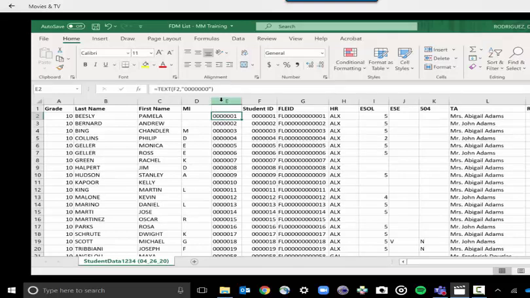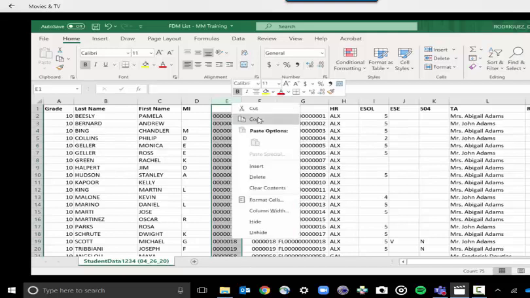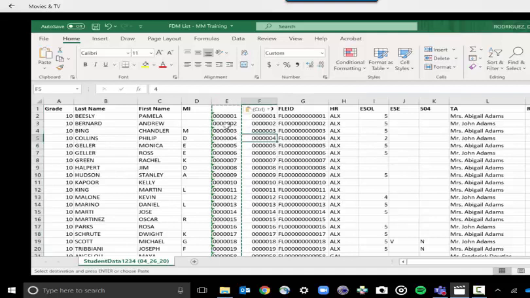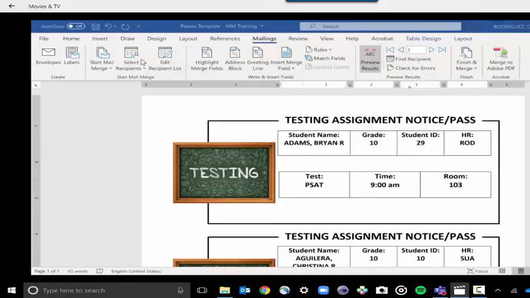So I'm going to select the whole column again. And if you click all the way down, it's assigned this formula to everything in that column. So I'm going to select the whole column, right click, copy, right click, value 1, 2, 3. And now it's an actual value. The formula's gone. So now when I go back to my Word document, and I say,